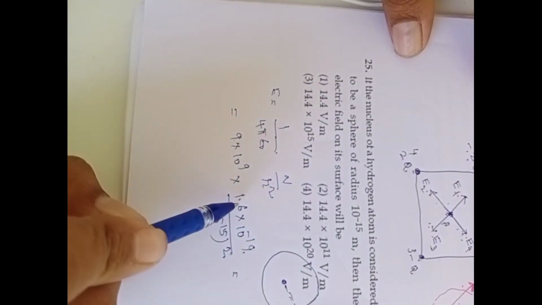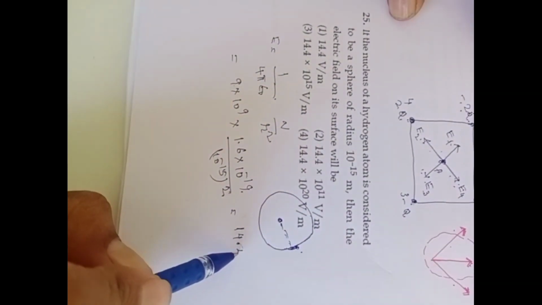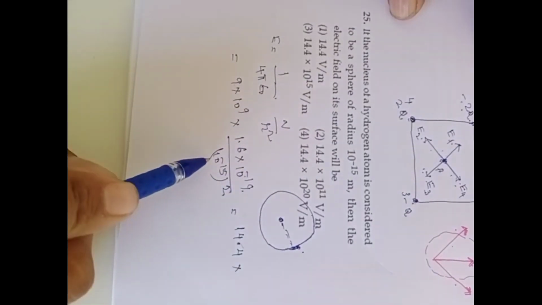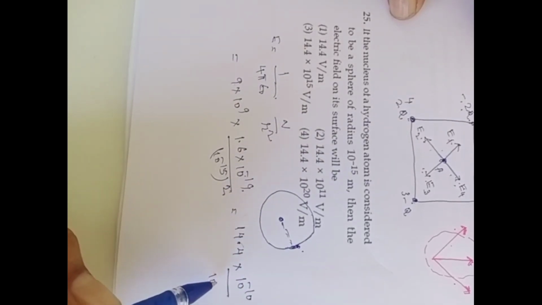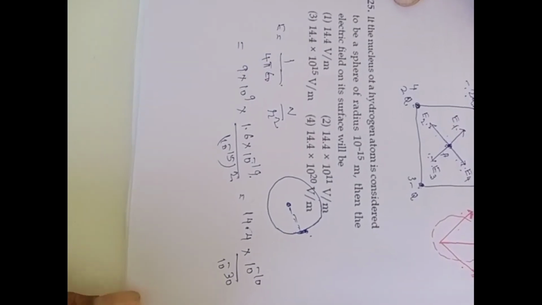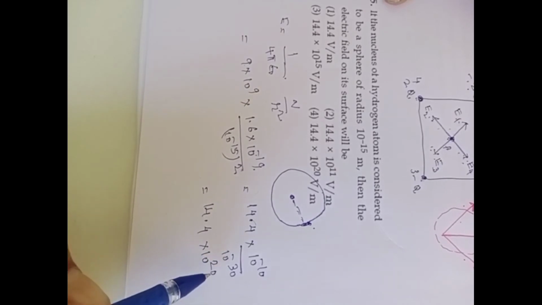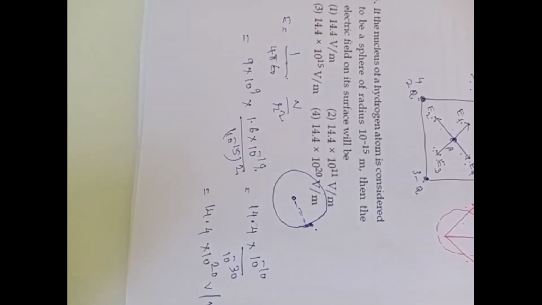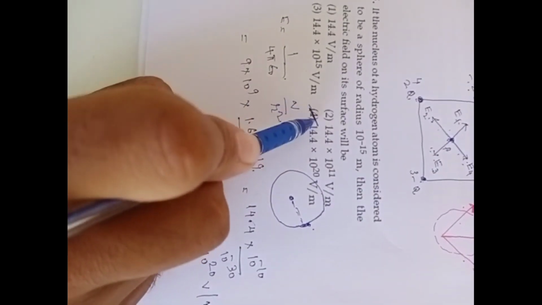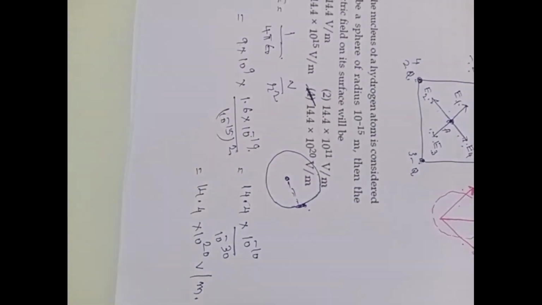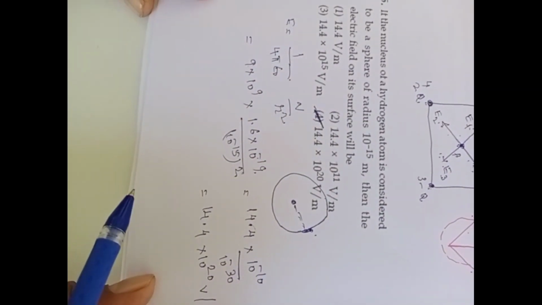So 1.6 into 9 will be 14.4. Here 10 power minus 10 in the numerator, 10 power minus 30 in the denominator. So this value is 14.4 into 10 power 20 volt per meter. So what is the answer for this? It will be this one: 14.4 into 10 power 20 volt per meter. Clear? Now see the next question,